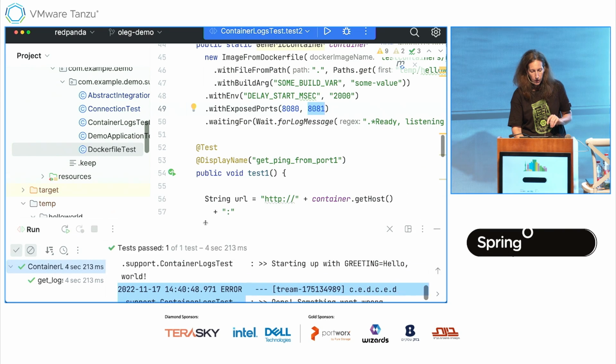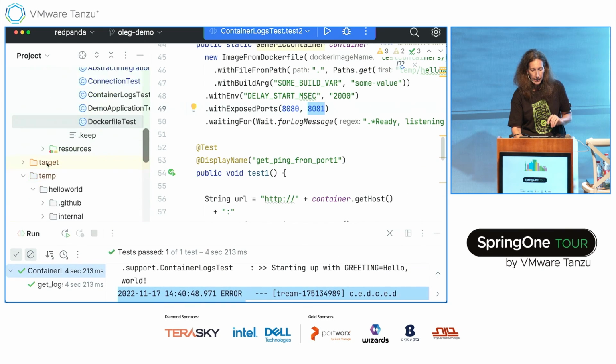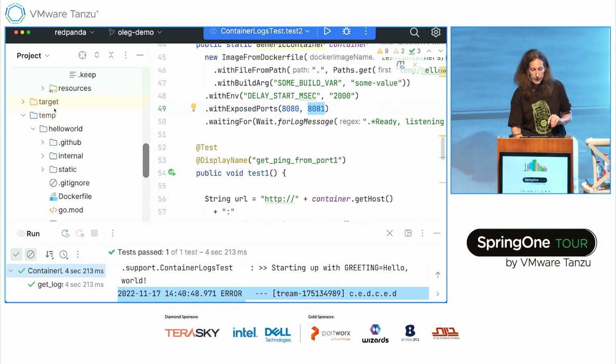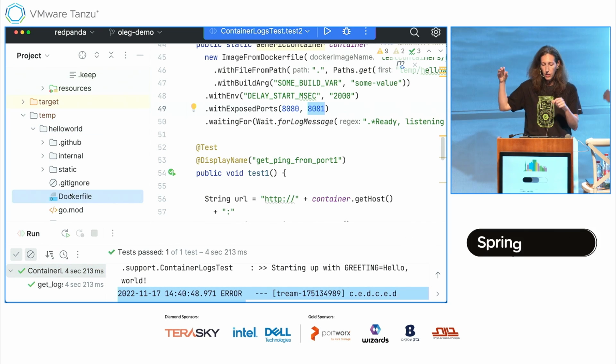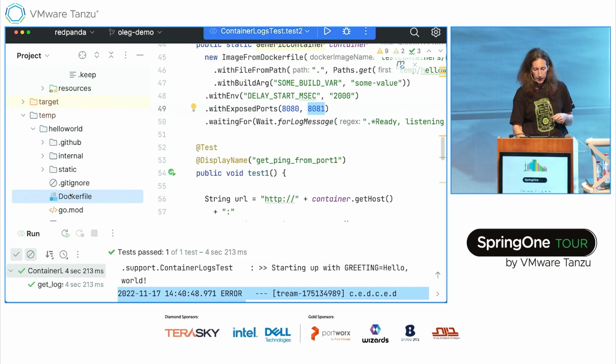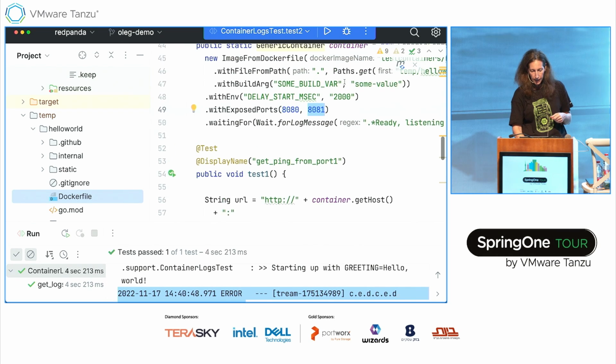So here, let's say you have an application. So here we have in the temp directory, there's a hello world application, and there's a Docker file to build this. So this is the system I want to test against. So I want to build this and start it and test against it. So in this case,